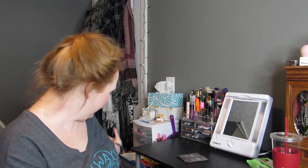Based off of any other videos that you may have seen of my space right here, I have things shifted. I have my new makeup mirror that I'm really excited about, this Conair. There are different light settings on it. I have a new drawer organizer thing. I'm not completely done with reorganizing yet, but it's already a start because things have shifted and I'm excited, and doing that gave me motivation to deal with this because now this can be organized and incorporated into all of that stuff. So anyway,